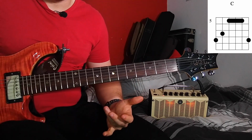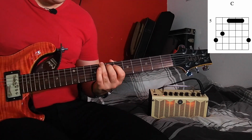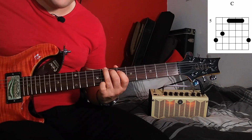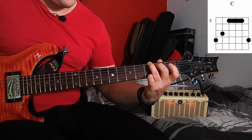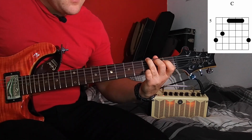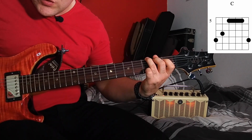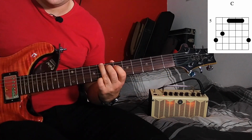This time what we're going to do is we're going to put our 3rd finger on the 8th fret on the low E. Then we're going to put our 2nd finger on the 7th fret of the A. And we're going to put our little finger on the 8th fret of the high E string. Okay, so we're following a similar shape to here. But in this chord we have some open strings. We have the open D, G and B string. So when we move our shape up to here,